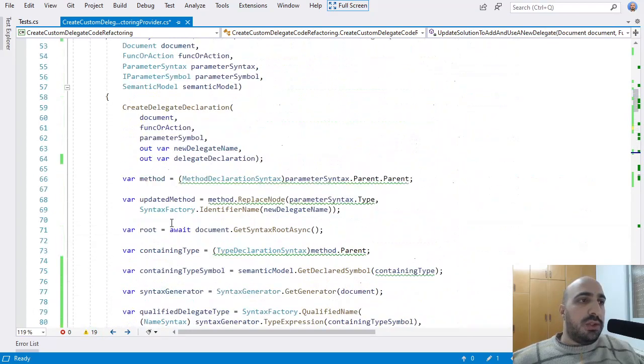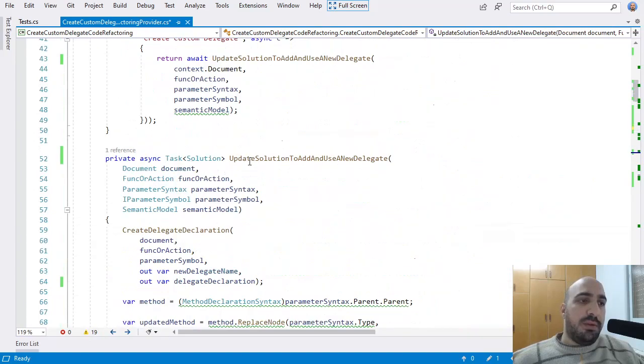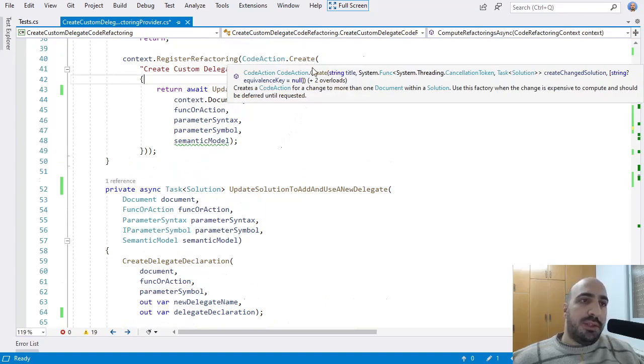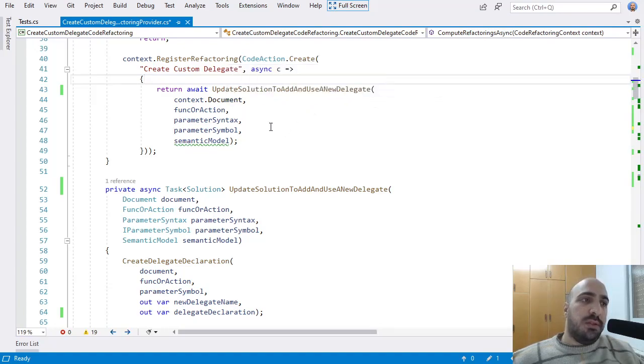And I had to change the return type of this method to be task of solution instead of task of document. And this worked just fine because this create method here has two overloads. One expecting us to return a modified document and one that expects us to return a modified solution.